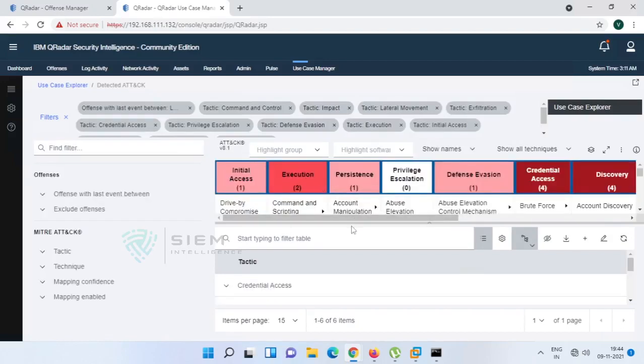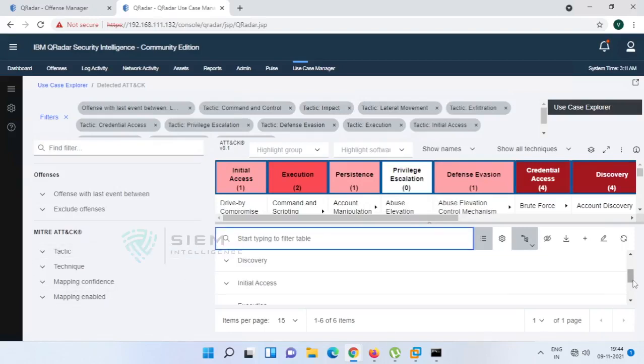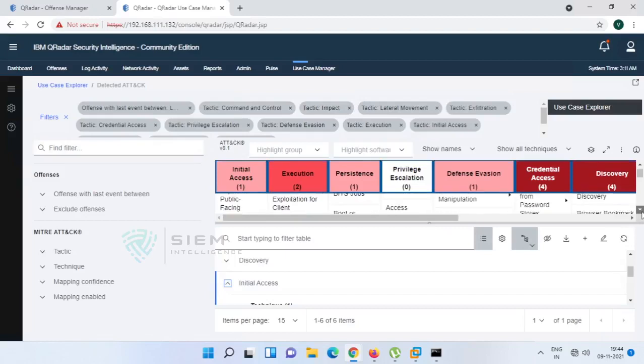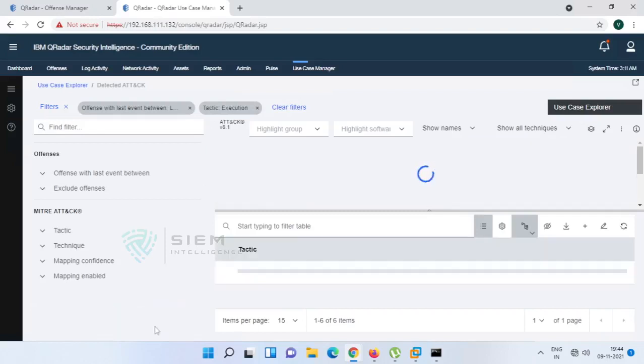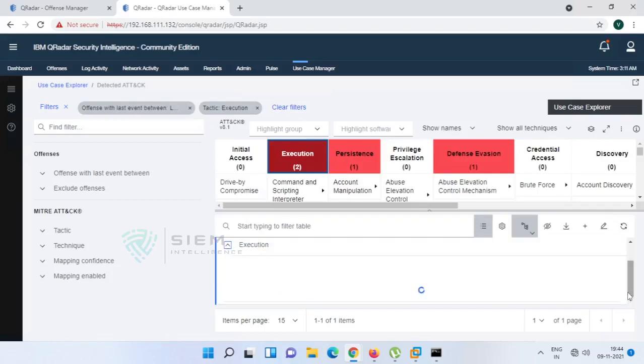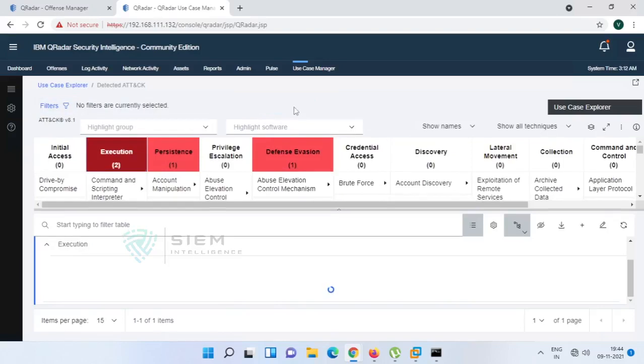see, it is showing what are the things that can be seen out of it. Initial access, if it is initial access, what are the things that can be seen? See, for the execution there are two, and after I apply, you will find some other things. Is there anything inside? Is any rule there? If it is there, I will show you. Filter all. I am clearing the filter. At least I want to show something.